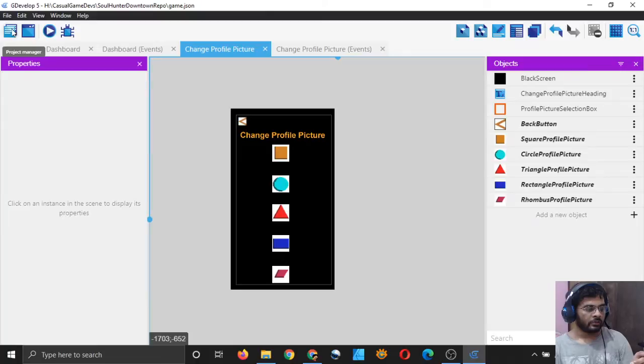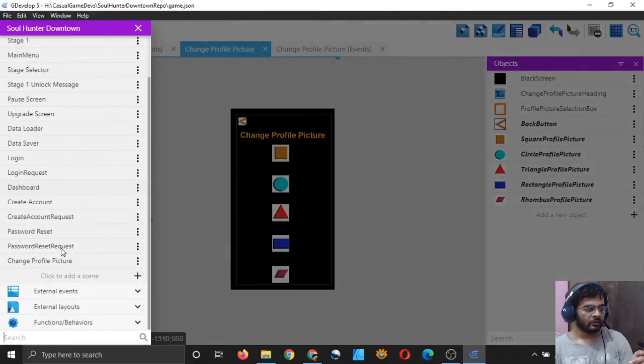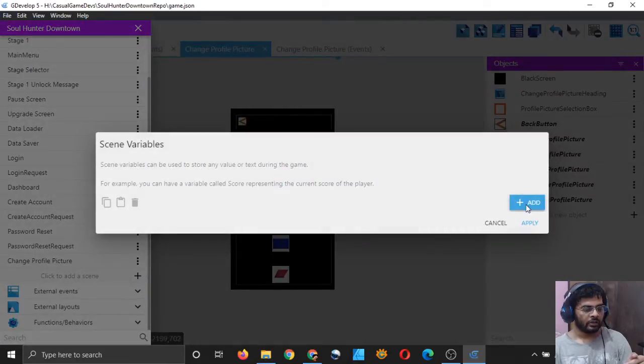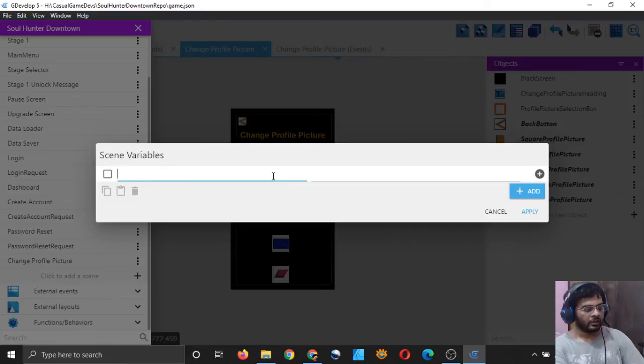So I will simply click on my project manager and go to change profile picture scene, and click on the three dots and click on edit scene variable, and I will add a new scene variable called send request, and it will be 0 by default, which means we don't have to send a request right now. When send request is 1, then we will send a request.